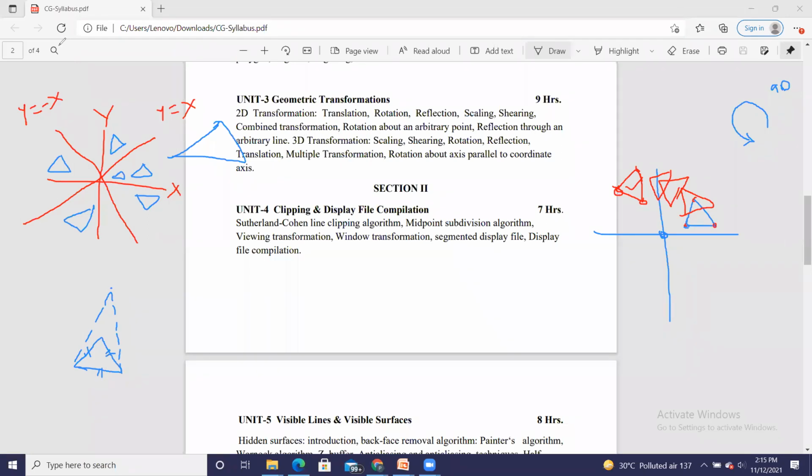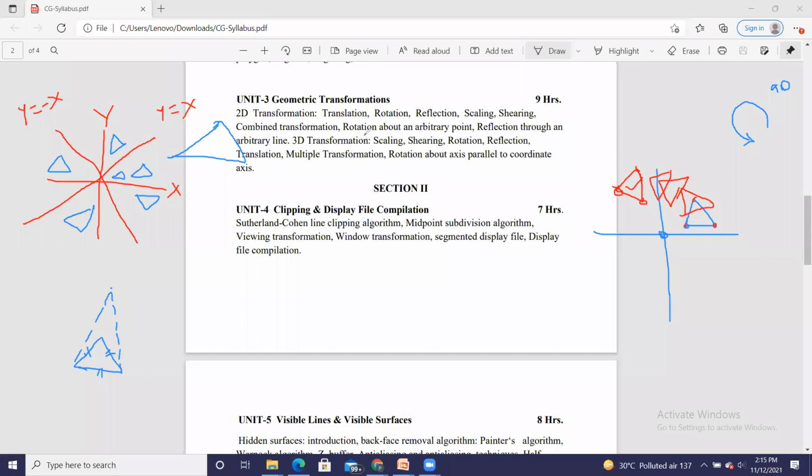That means I can scale as well as rotate. Similarly, I can translate as well as shear. All these things combined form the combined or multiple transformation. Similarly, rotation about an arbitrary point and reflection through an arbitrary line are also there.